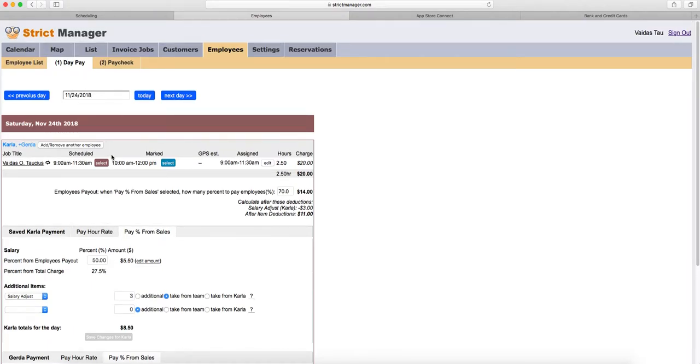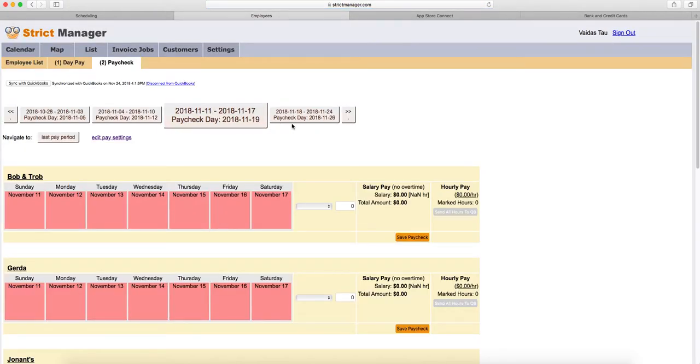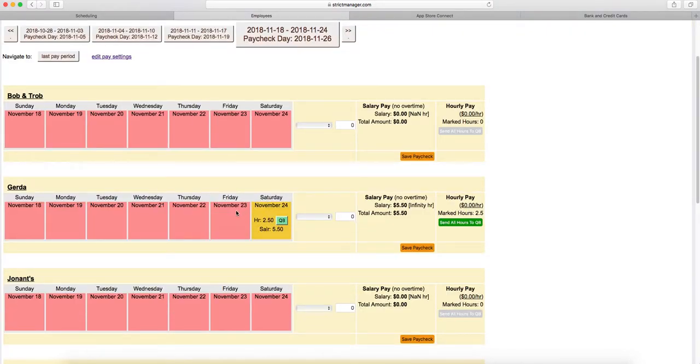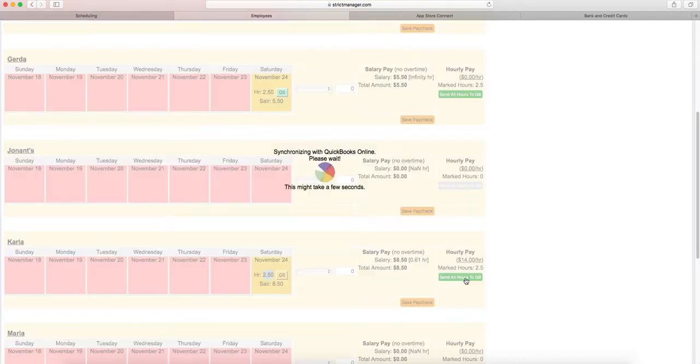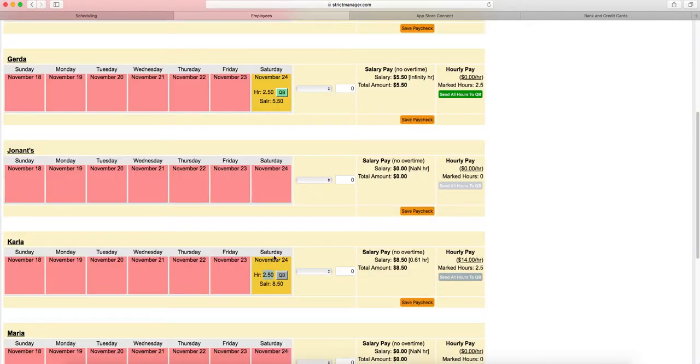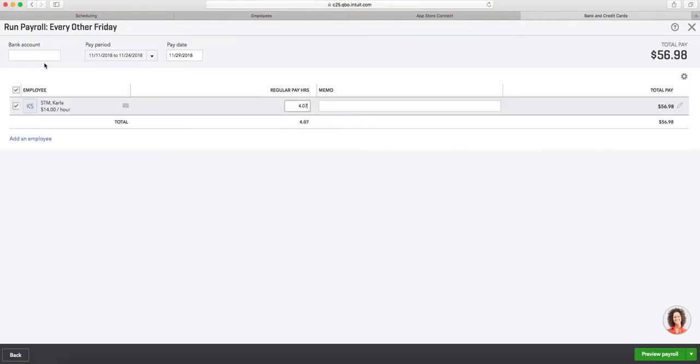And once those payments are saved, we go to the paycheck for that day, and we see that Gerda actually has a new payment, and that will automatically calculate her hours. And we see that Carla's hours here are modified. Before it was 4 hours, so the modification is in yellow. We can send this or send all hours to QuickBooks again,